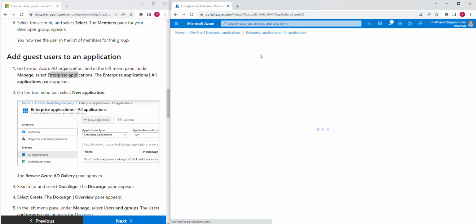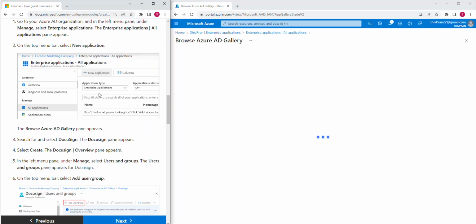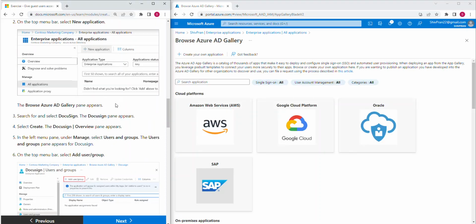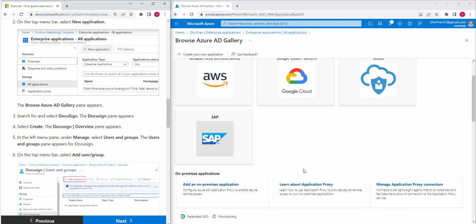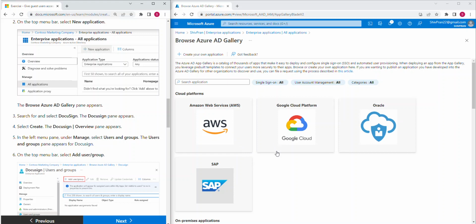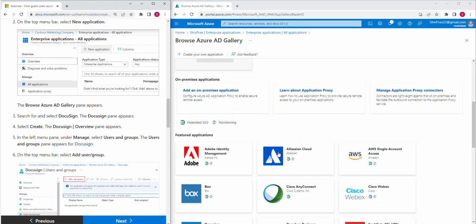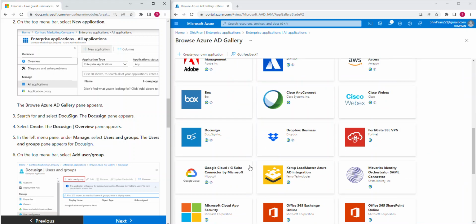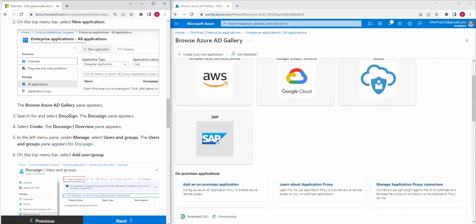Let's create a testing application. Click on new application. So we are going to create a test application so that we can give access to this user. Okay, under the search box, here we can see popular applications or cloud platforms which are available to us, and then we need to select to search,